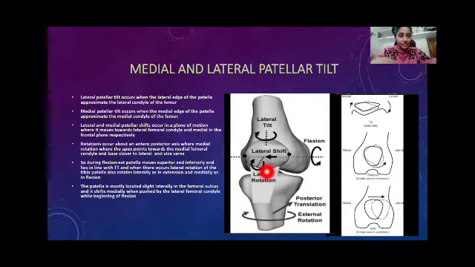Then the rotations. Rotations occur in the anterior posterior axis. So rotations occur about an anterior posterior axis, with the medial rotation where the apex points towards the medial femoral condyle and the base close to the lateral. So if this is the apex, it goes to the medial and the base to the lateral condyle.